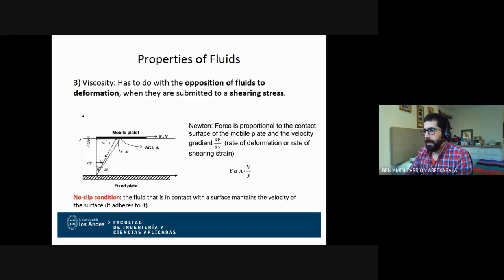Okay, back to the initial condition, to the initial slide. One very important property of fluids is viscosity. Okay, and viscosity